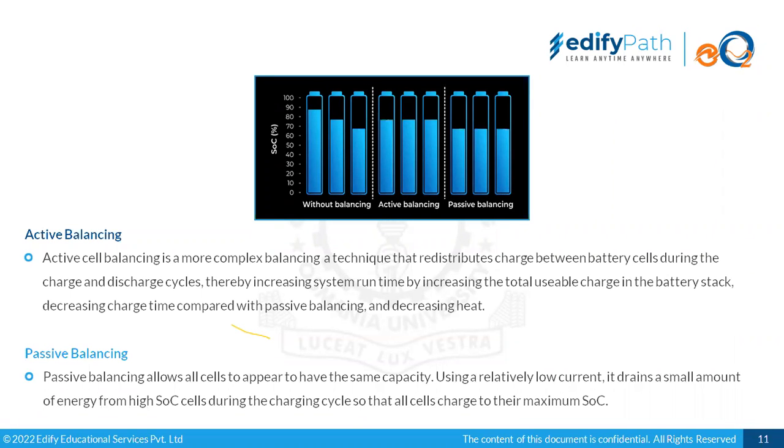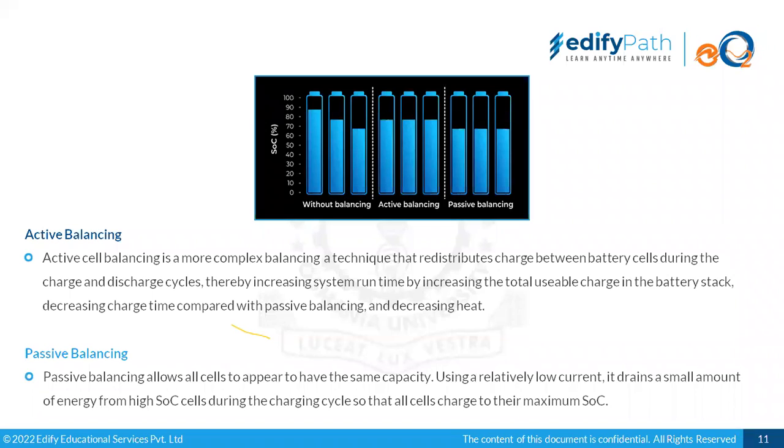Passive balancing normally occurs during the charging cycle. During that, whatever extra charge any cell is holding, we drain it out, so that all the cells reach a particular voltage. So in this case, we are dissipating the extra charge, so we are losing some amount of energy. Okay, so definitely this is an easier technique to do, because the programming is such that we have